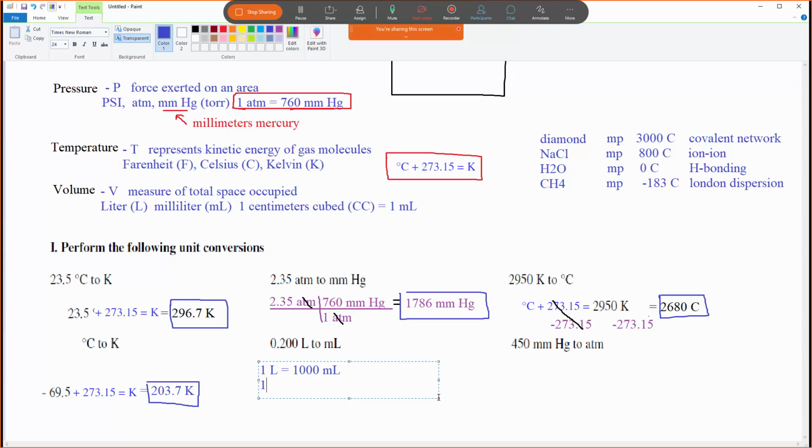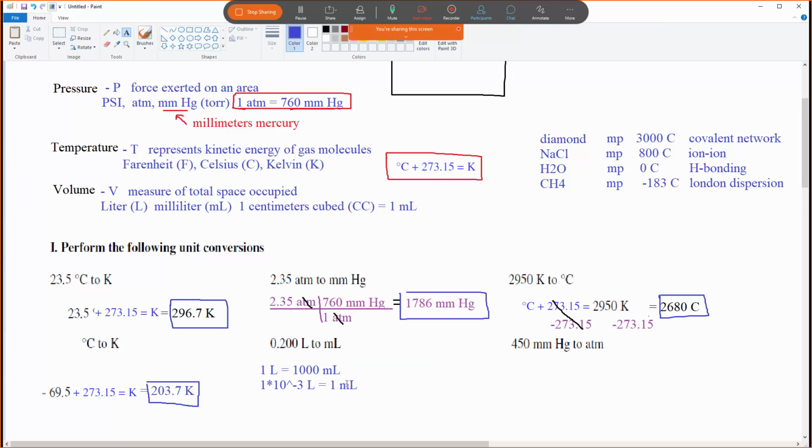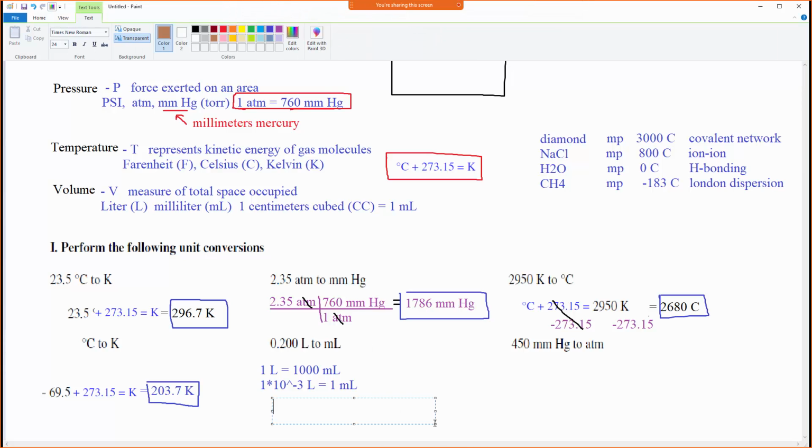You could also use that trick, 1 liter is equal to 1 liter, and say, okay, milli is equal to times 10 raised to the negative third. Both of these conversion factors are the same thing, and they'll get you to the same product. So whichever one of those you prefer is fine, but if you're starting with 0.200 liters,